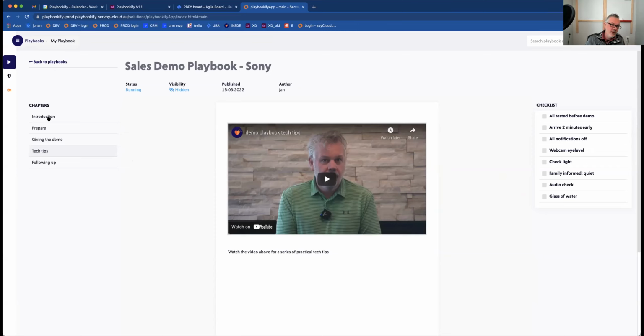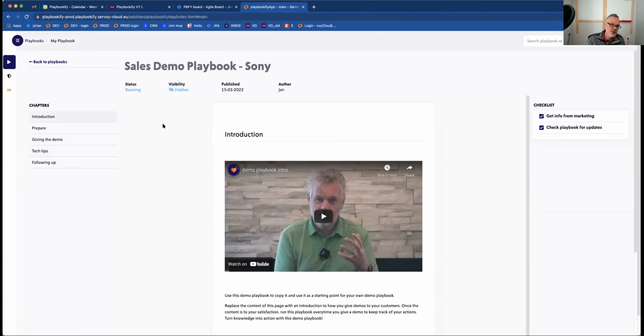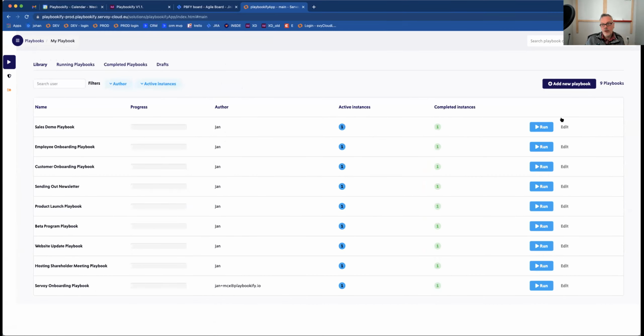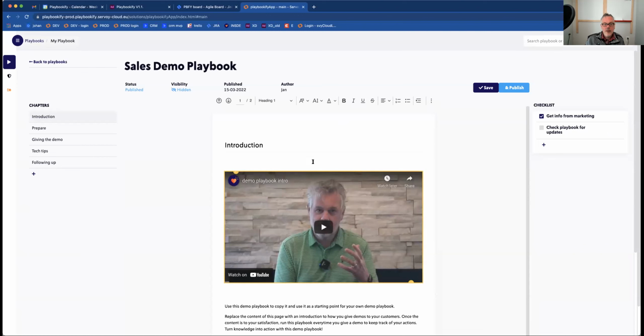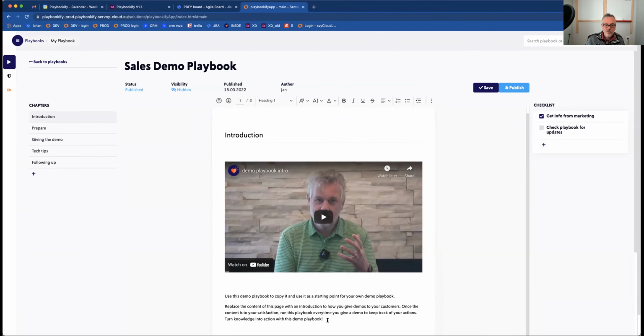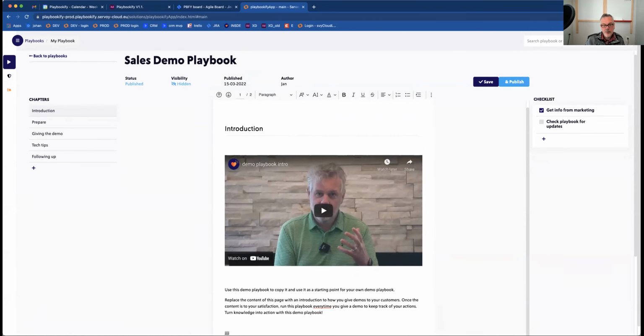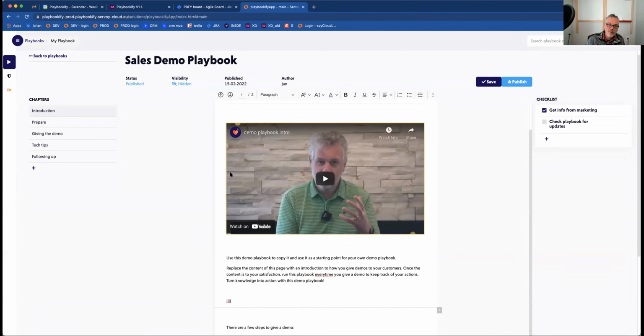Yeah. So that's briefly how a sales demo playbook would look, and I'm happy to share it with anybody who would like to use this as their starting point. That's also a capability of our software application, that you can take templates like this sales demo playbook, make a copy, and then start editing. So if we go back here to my list of playbooks, I can also take this into edit mode, and then I can come in here and say, well, in our case, our introduction is going to be slightly different, so I can make it my own with, as you can see,